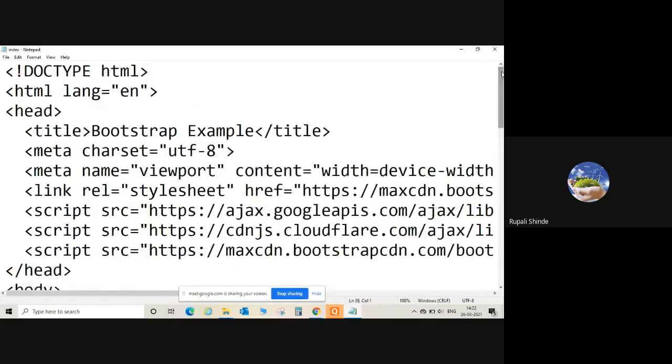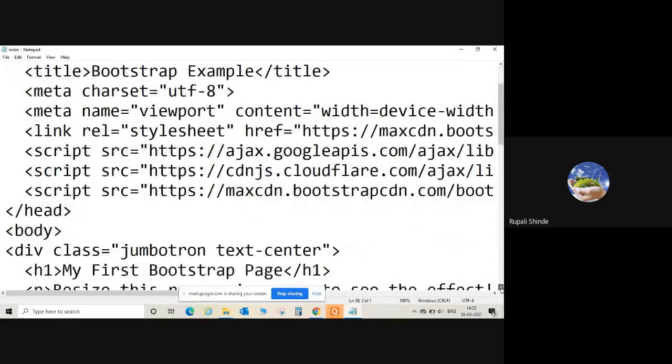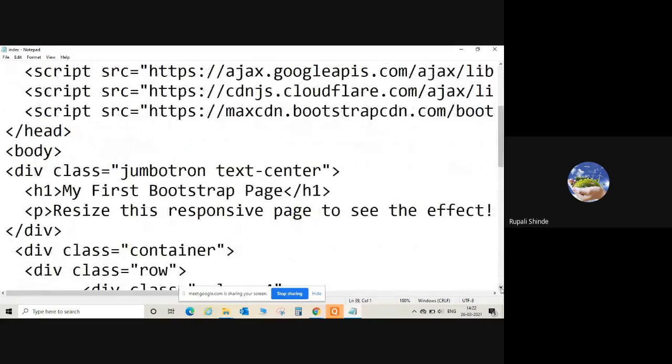And before that, we have one more div element, which has the class jumbotron text-center. My First Bootstrap Page, resize, and all this information we have written. Here we are going to use the class jumbotron text-center, so accordingly that class, the style sheet, is going to apply on that particular div element.